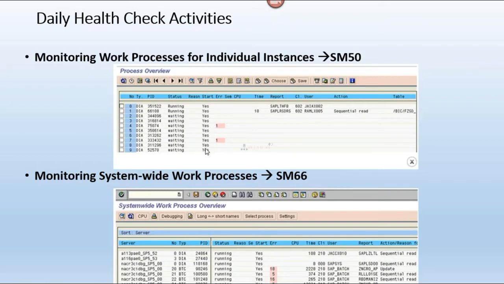It will show you the information waiting for RFC. On hold means some other dependency work process is executing, so that's why the current parent work process is in on hold status. These are the different statuses for my work process.